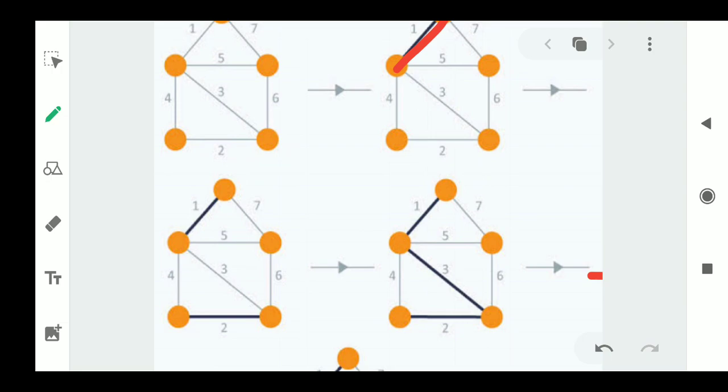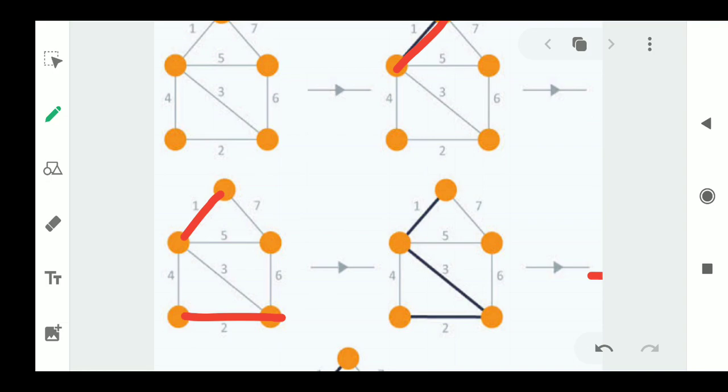So one edge I have taken in the first step. In the second step, one more edge I am adding. I am not connecting these 2 edges. Only those 2 edges I am taking. That's it. So no need to draw the entire graph again. For understanding purposes, we have taken this example. Step 1, the edge with minimum cost. Step 2, the edge with minimum cost next to the edge which is having the least cost. So here the edge with cost 2 is the next least cost edge. That's why I have preferred 2.